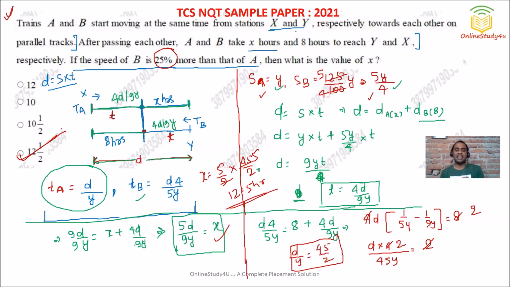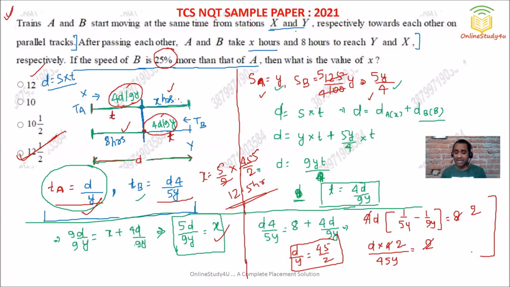See, basically you should have a very good understanding of time, speed and distance. This problem is not very tough. It's completely based on the time. See what we did, we calculated this time, which is nothing but after t hours only they met. Then this is given and this is given. So we calculated the complete time and then we equated it with both of them added, which should be equal to this. If you understand this concept, then time, speed and distance problems will be easier.